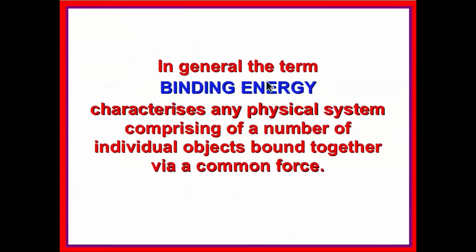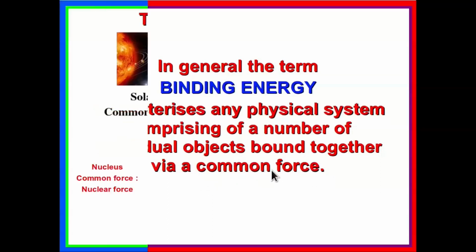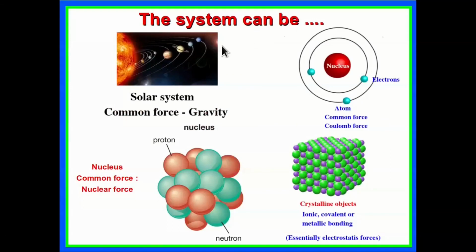In general, the term binding energy characterizes any physical system comprising a number of individual objects or particles which are bound together via a common force. So the common entity in that system would be a common force. So all the particles are bound together via this common force. Now the system can be as diverse as the following: the solar system, and here the common force is of course gravity. Then we have the atom, where we have the nucleus sitting at the center and the electrons revolving around the nucleus in certain